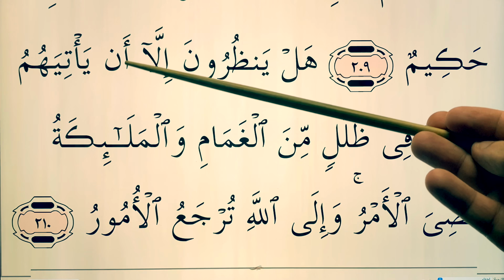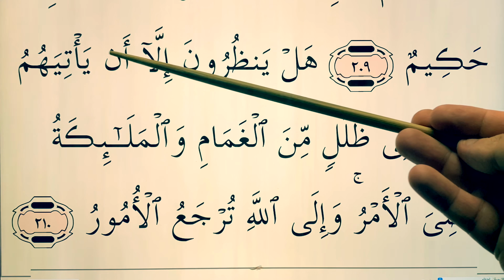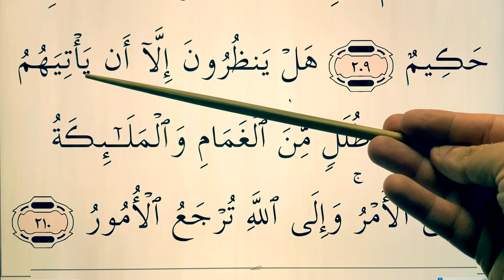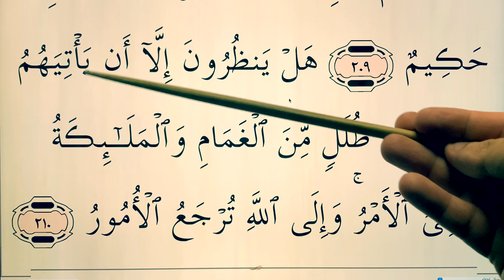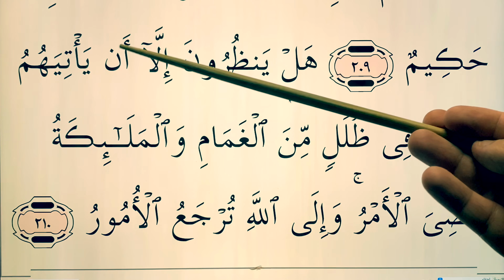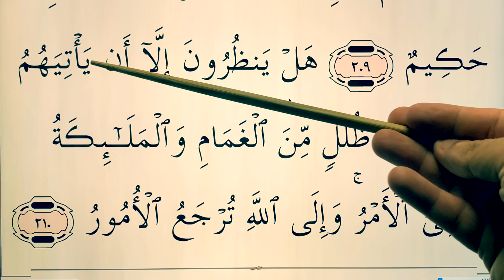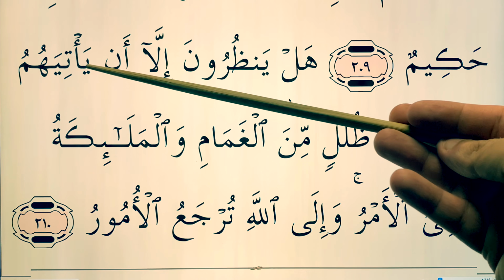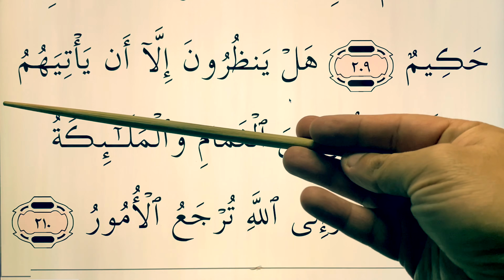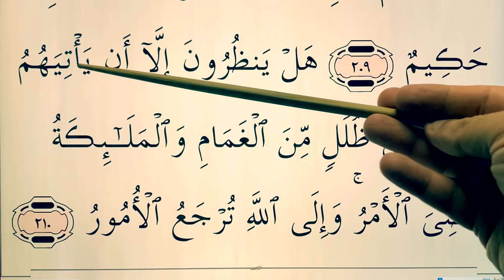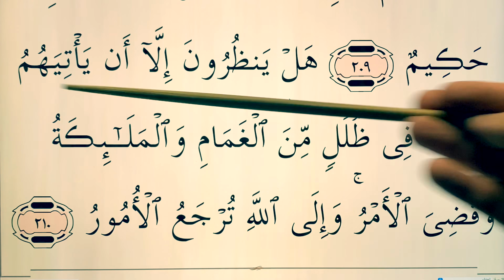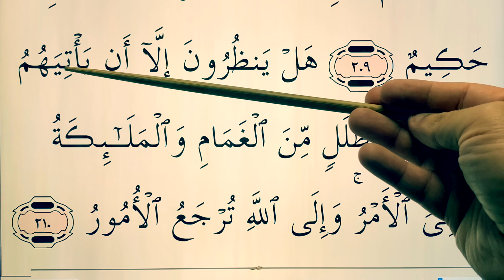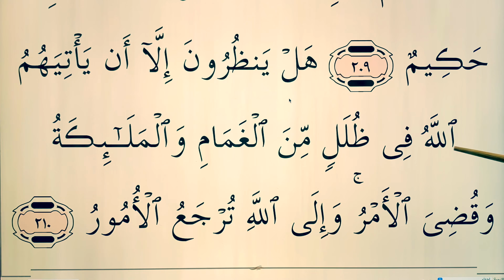إلا an, but you have a ya coming up, and noon has a sukoon. So this assimilates with the ya. So you don't say an yati, right? You kind of drop this and go straight to the ya. إلا أن يأتيهم الله أن يأتيهم الله